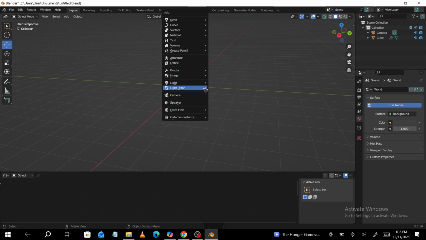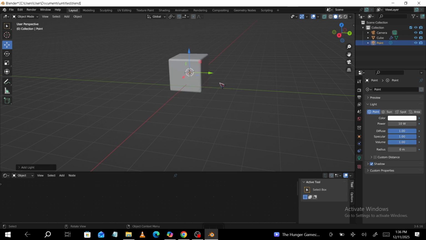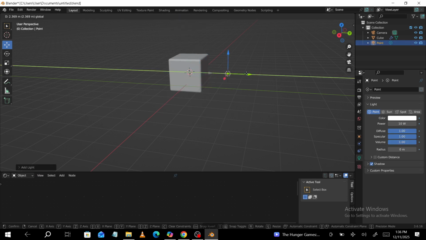A point light will appear at your 3D cursor, which is the small target icon in your scene. Wherever that cursor sits is where the light spawns, so don't worry if it's not exactly where you want it. We'll place it next. Positioning is simple. Press G to move the light and follow it with X, Y, or Z